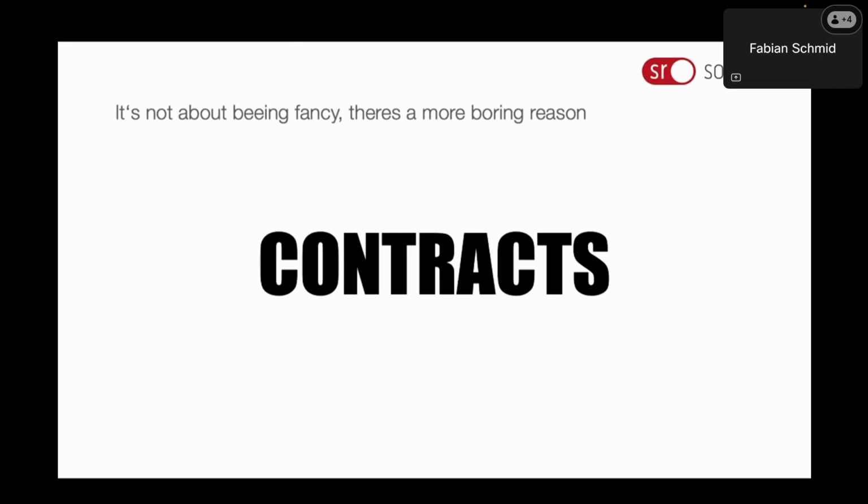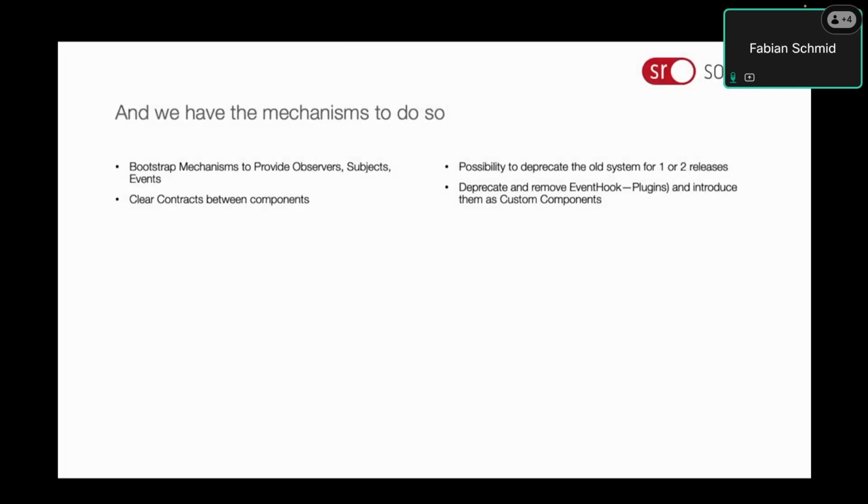The data an event has in it is currently completely unstructured with this array data. And we want to make visible what exactly the event data is. So we will push objects instead of arrays in the future. And the contract is you exactly know what you get. If one listener gets an event, he knows exactly which data can be found inside this event. And that's what I mean with contracts between components.